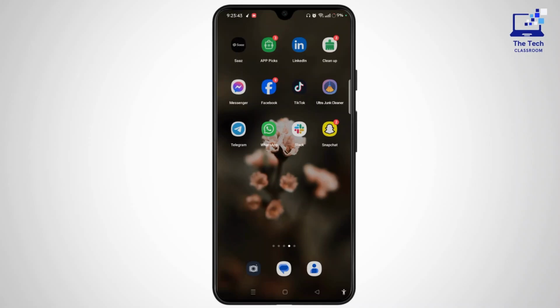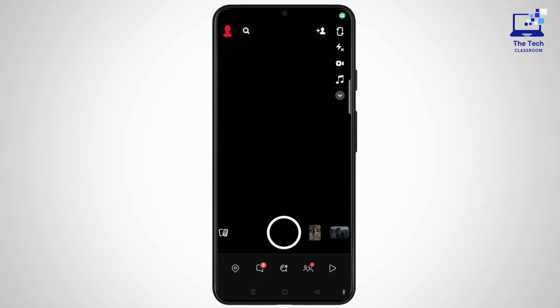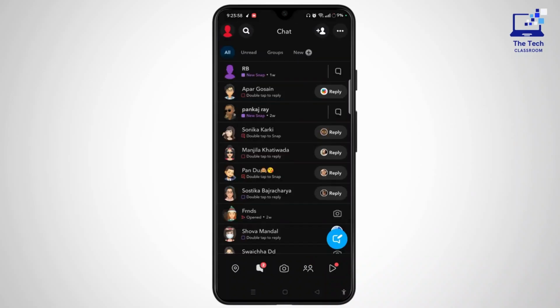If you have saved chats on your Snapchat, simply first of all launch the Snapchat application on your device. Make sure to log in and sign into your particular account. After that, tap the chat icon at the bottom left corner of the screen, and this will help you to access the chat section on your Snapchat. You need to choose the account or the user, open the conversation with them, and after that, you need to